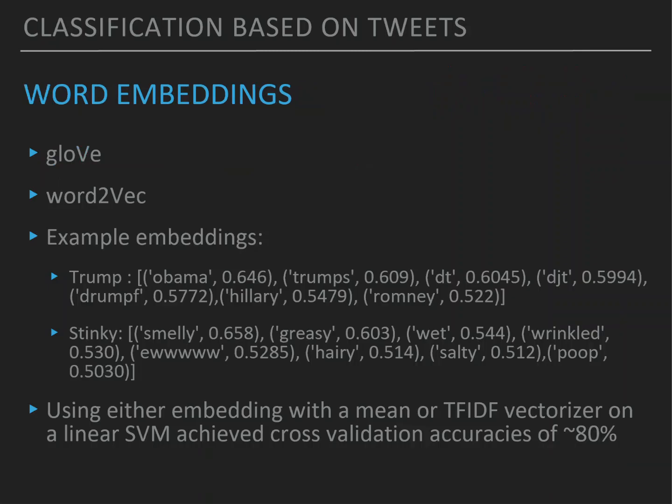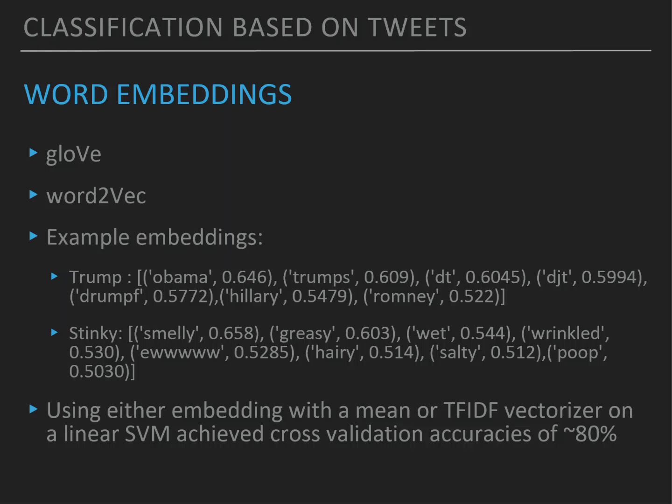The next step was to reduce the feature space from millions of words using word embeddings, which attempt to find the context, semantic, and relations of words in a document with its surrounding words. 2 types of embeddings were used, the GloVe pre-trained model as well as a custom trained word-to-vec embedding. A few examples are shown.